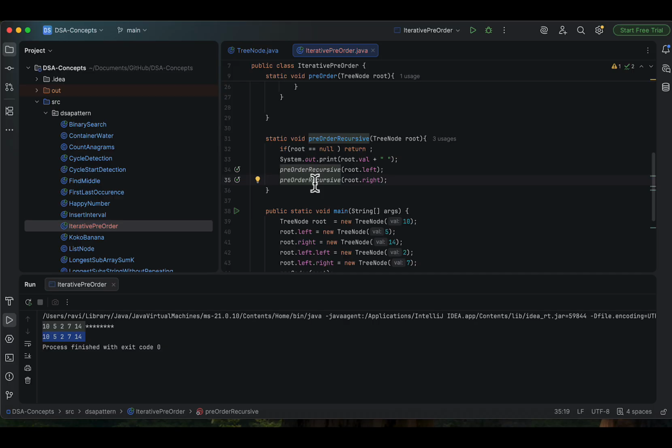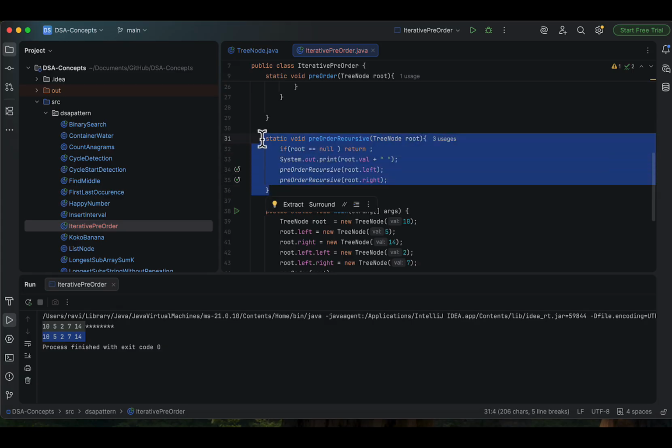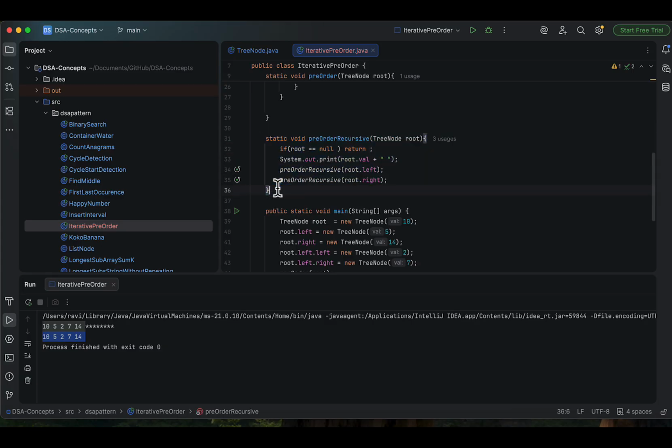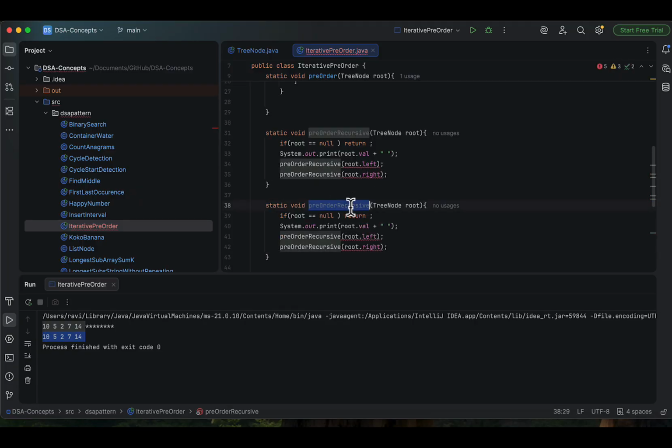Okay, so in order, what happened? In order, first we have to visit the whole left of a node, then we have to visit the root, then we have to visit the right hand tree, right? Okay, so in recursive this will become a very easy one. I'm just going to rewrite the new method in this only,